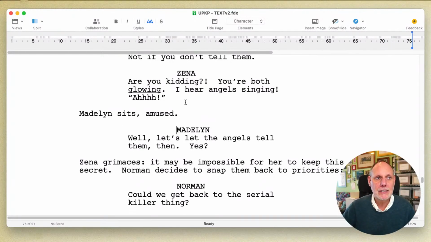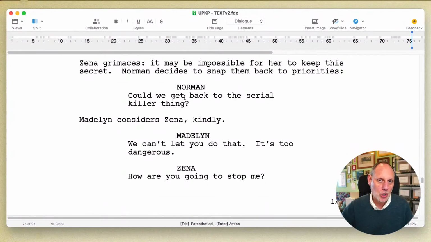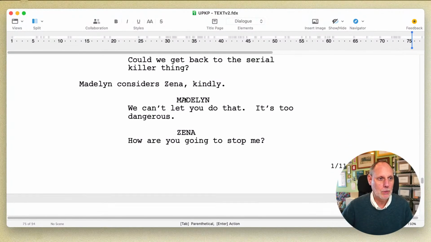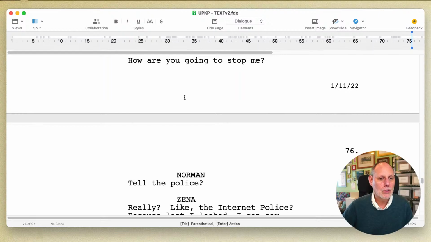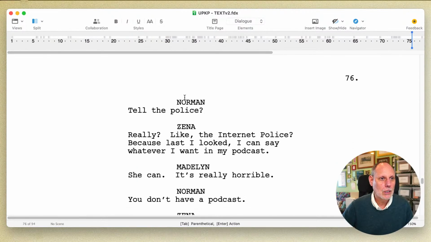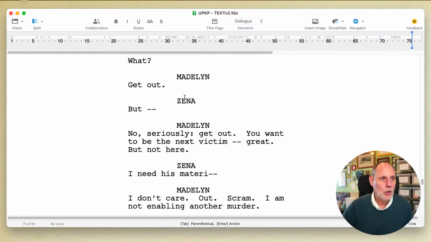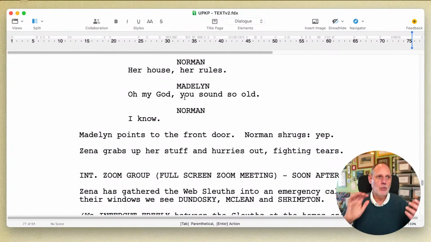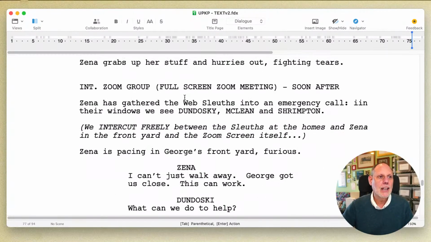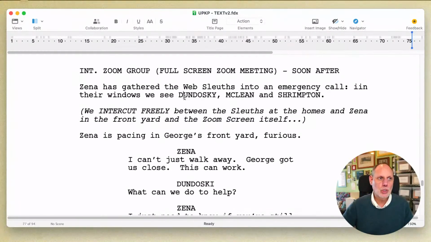And also in the middle of it, Xena sort of plays best friend to them, which is her methodology for disarming people. So this is all good. This is Xena, Madeline, and Norman having a real conflict. And then shortly thereafter, Madeline says, get out of my house.